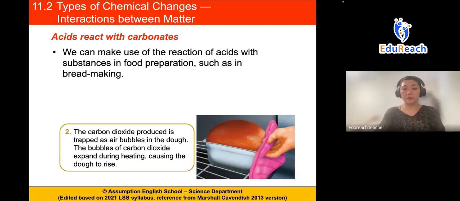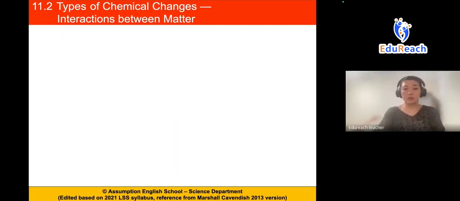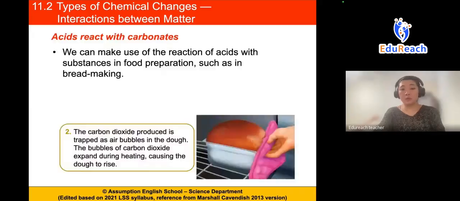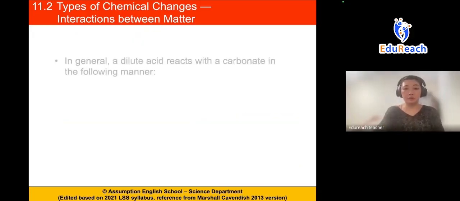Can everyone? Yeah. Okay. So when we bake the dough, when it's being cooked and now it is edible, that is why the bread can be very fluffy and very soft because of all of these bubbles of carbon dioxide. Of course, when we bake it and when we eat it, when we tear the bread, the carbon dioxide will basically leave the bread. So we are not actually eating the carbon dioxide, right? It's just that the carbon dioxide creates the bubbles, creates some fluffiness to the bread, so that when we eat it, it's very soft and fluffy.